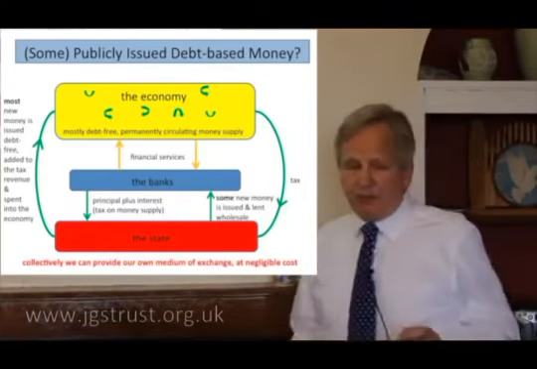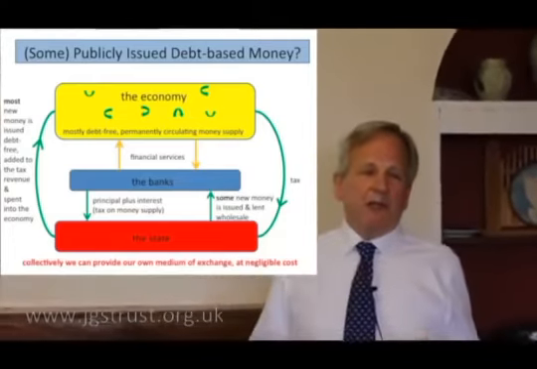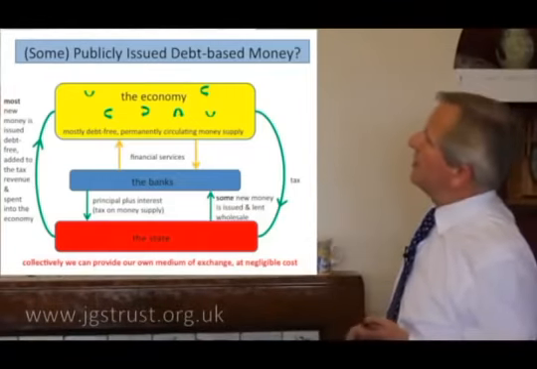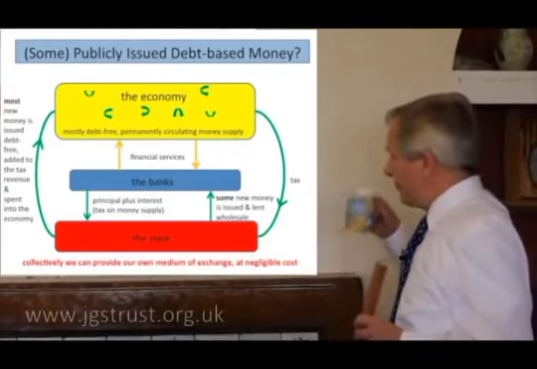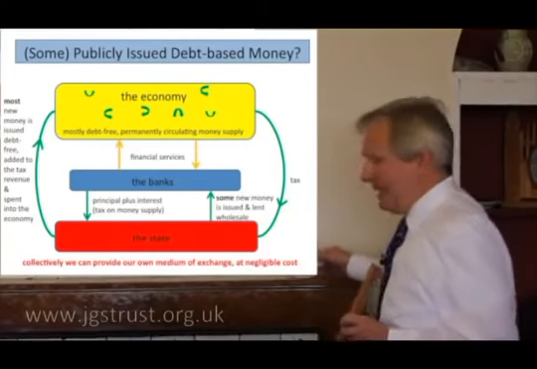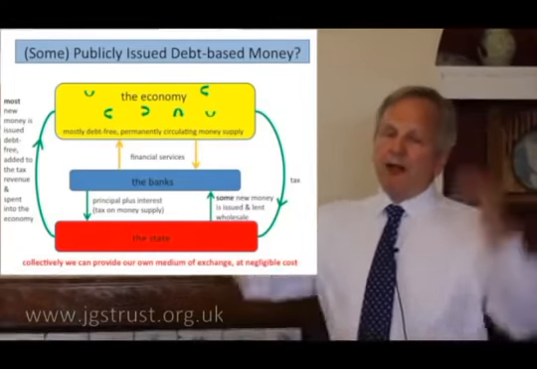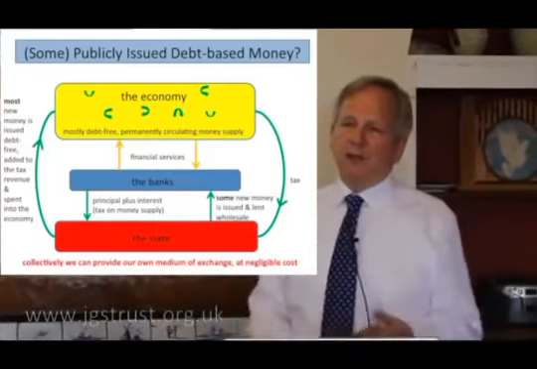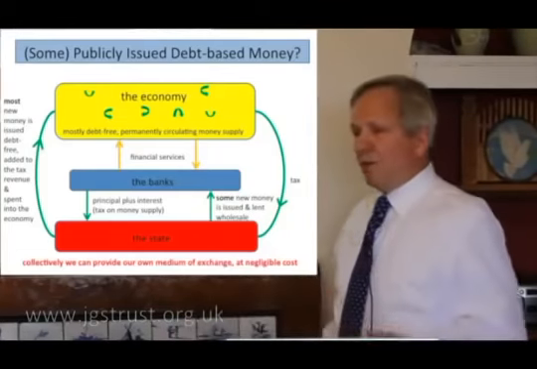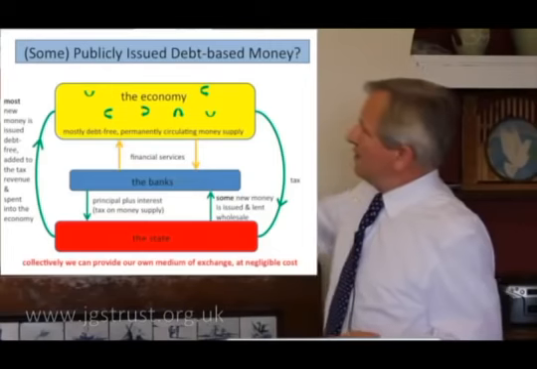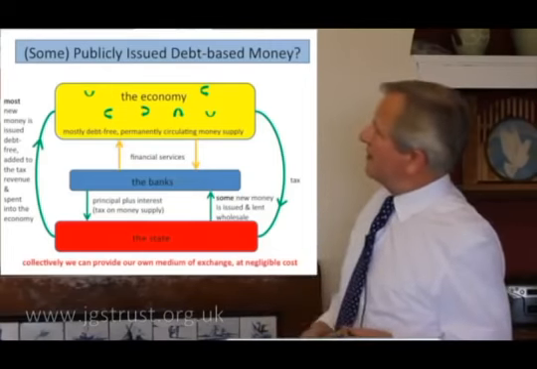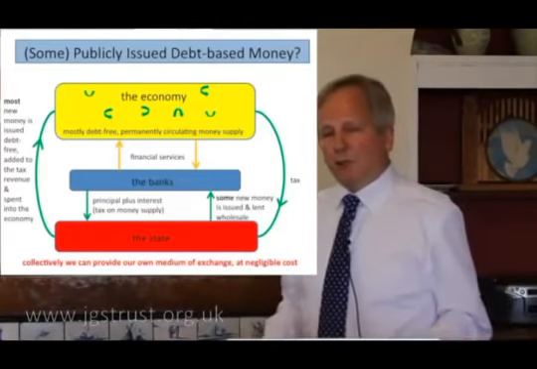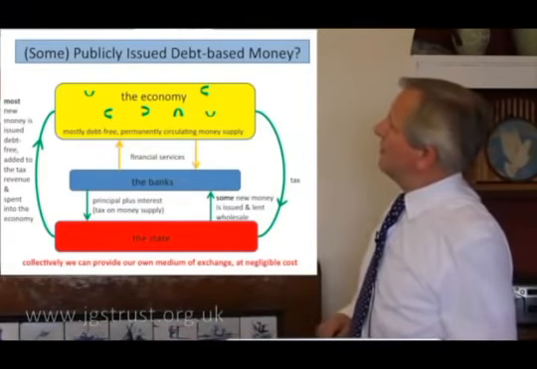Let's not knock debt-based money per se. We're just knocking commercially issued debt-based money. But there is an argument that any money system needs to be a bit flexible, needs to expand and contract. If somebody invents a new widget and suddenly lots of factories are needed to produce these new wonder widgets, well, we need a bit more money in the economy. Well, we can still do that. We collectively, through the state, can lend money into the economy as well as spend money into the economy. So it's not a problem. This is a counter-argument to